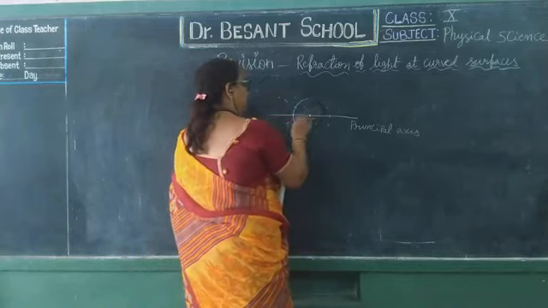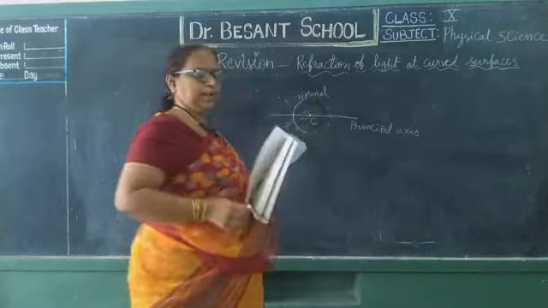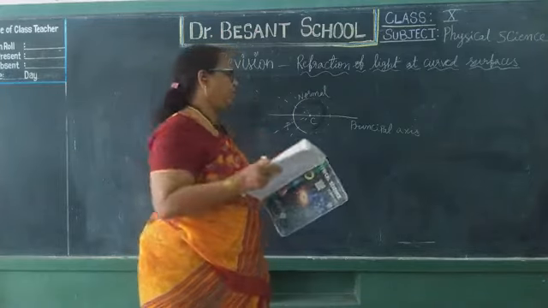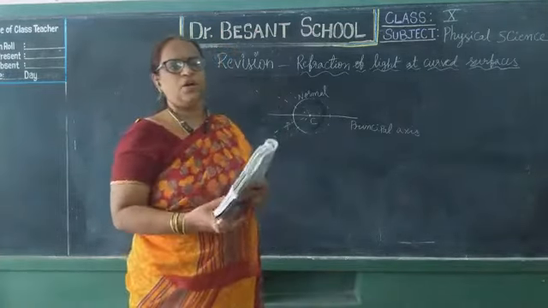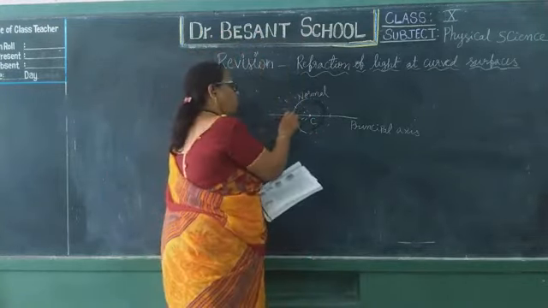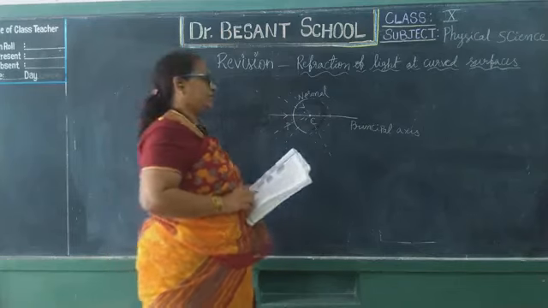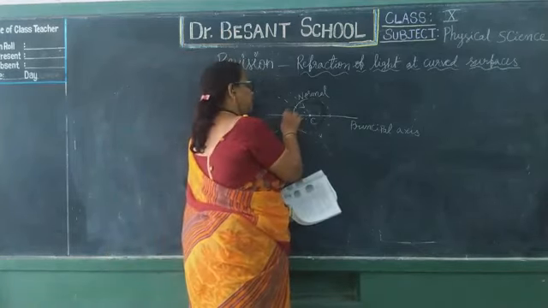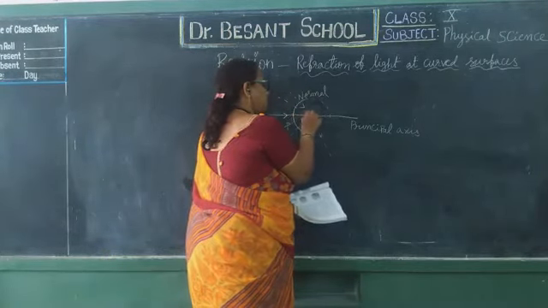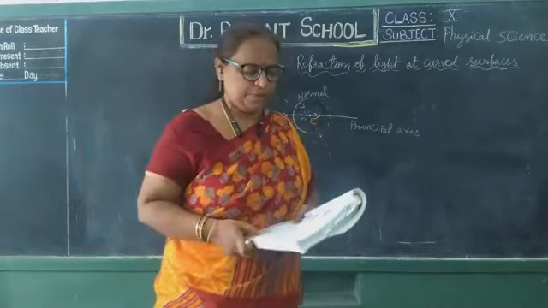Any ray passing through the center is called a normal ray. We have already learned that a ray passing through C is a normal ray, so there will be no deviation in its path. It will go in a straight path. In the same way, the ray passing through pole is also a normal, because it is also passing through the center of curvature. So it also will not deviate from its path, but will go in a straight path.